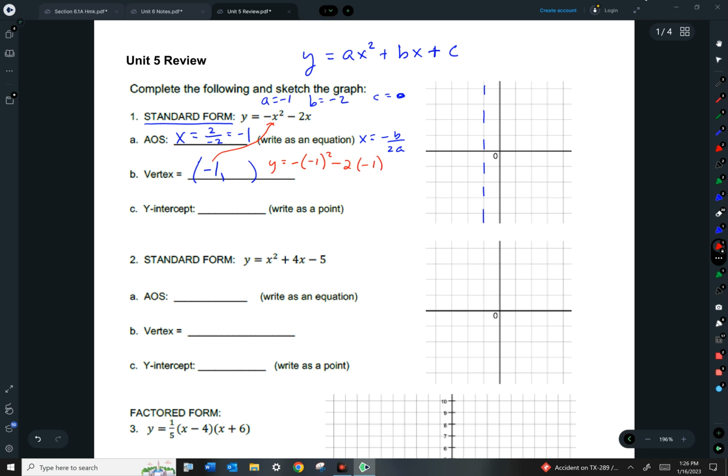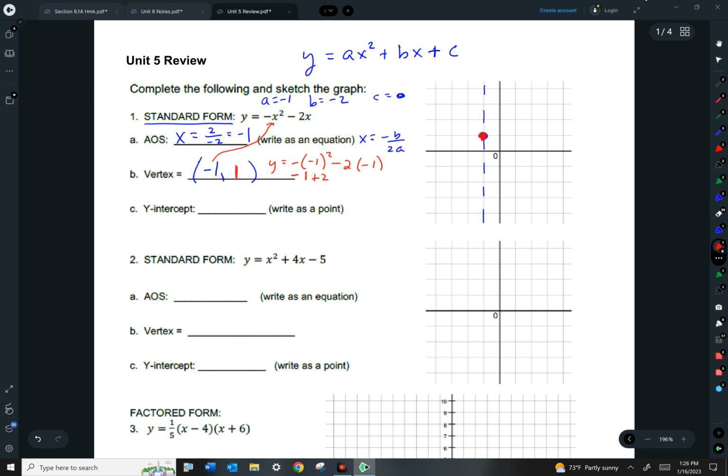So I need to do some math. That's going to be negative, and then the negative 1 squared is positive 1. Negative 2 times negative 1 is going to be a plus 2, and that's going to simplify to be positive 1. So my vertex is negative 1, positive 1. So there's my vertex. Maybe I'll put it in red to kind of match that that's where I did my